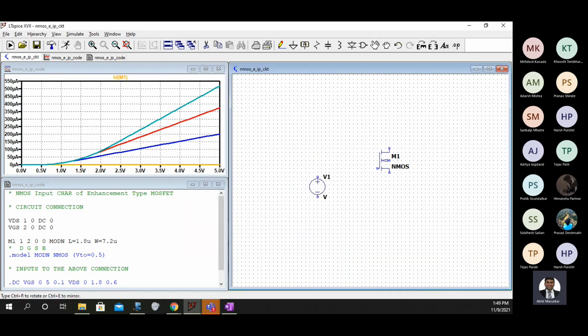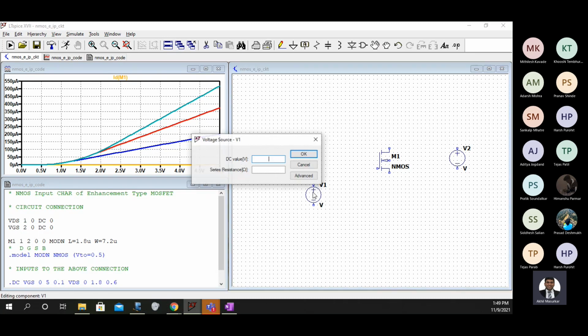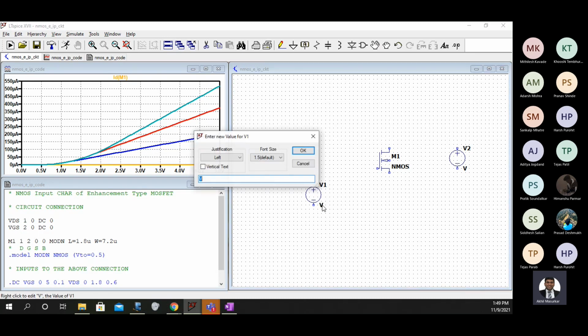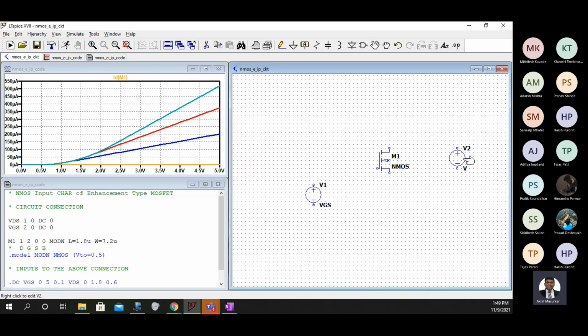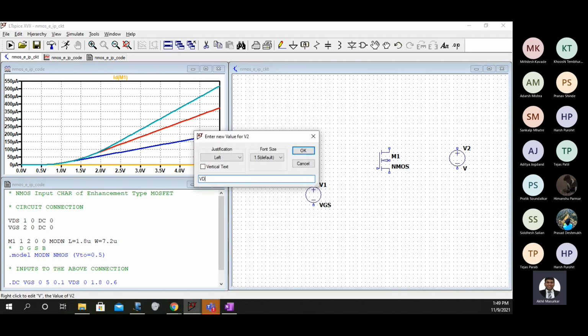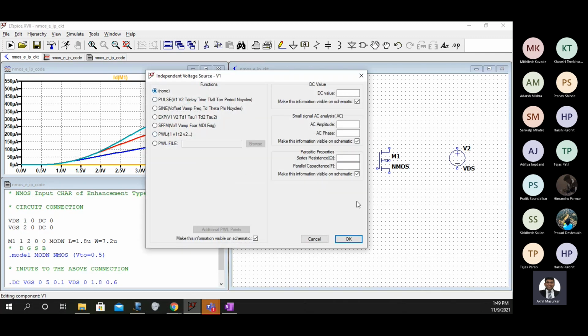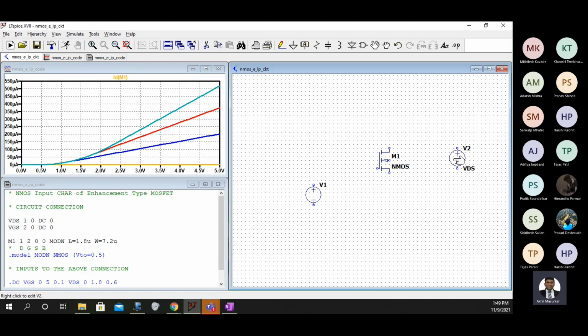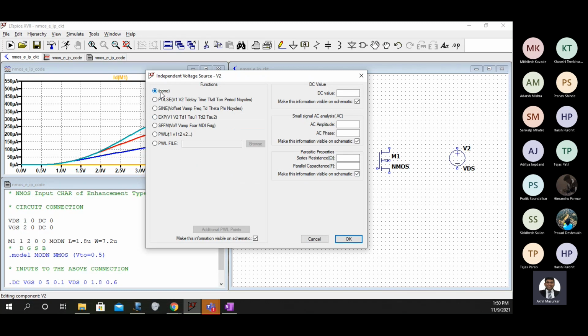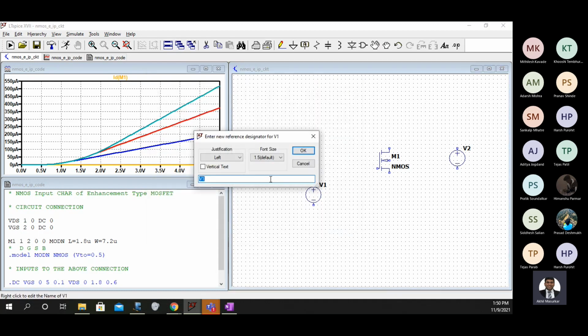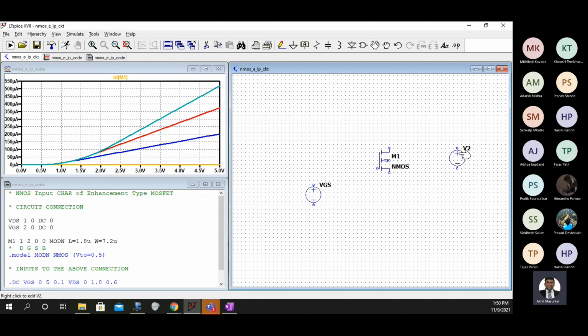So we'll have two voltages. What will be their names? Their names will be VGS and VDS, and we'll go to advanced and say none, so it will not have any value as such. The only thing that they will have is names.